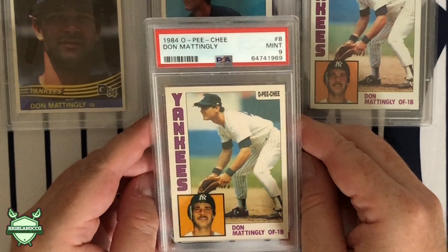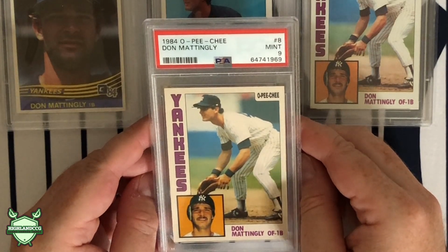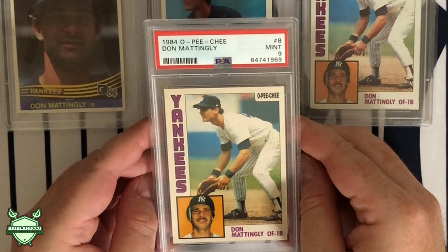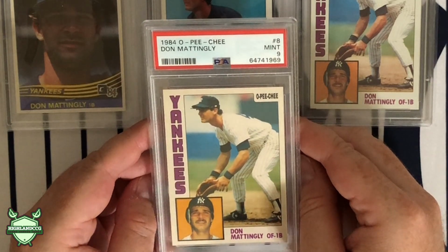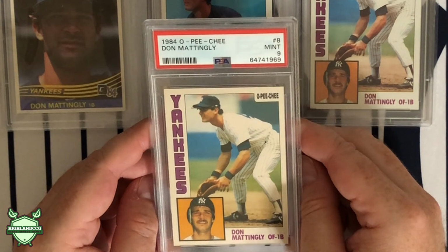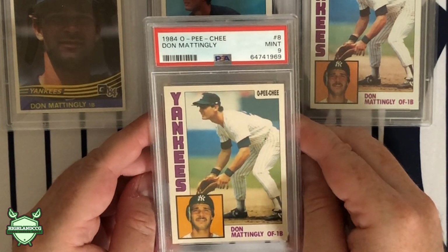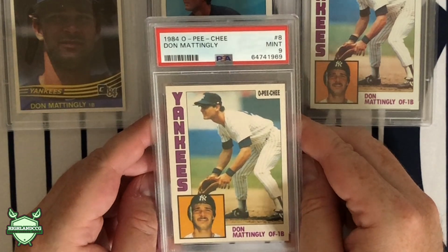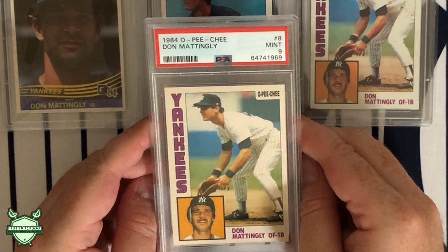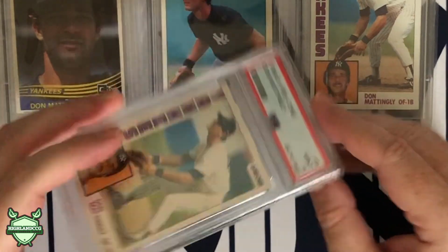And then subsequently the O-Pee-Chee name was licensed by Topps, who used it to print a lot of sports cards, mostly hockey, through the early 2000s, and then I think Upper Deck licensed them. So I think the name is still around, but the company got out of the baseball card business in 94. But yeah, there are some other differences that are interesting on this card